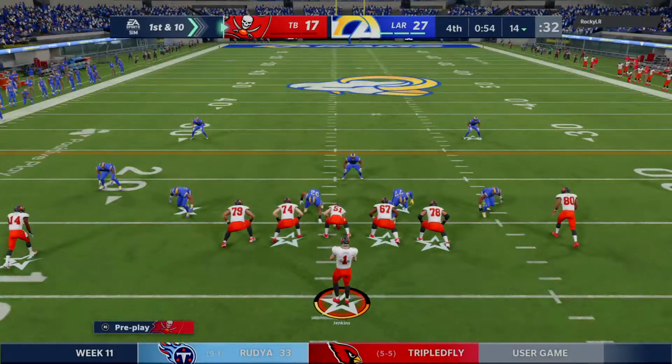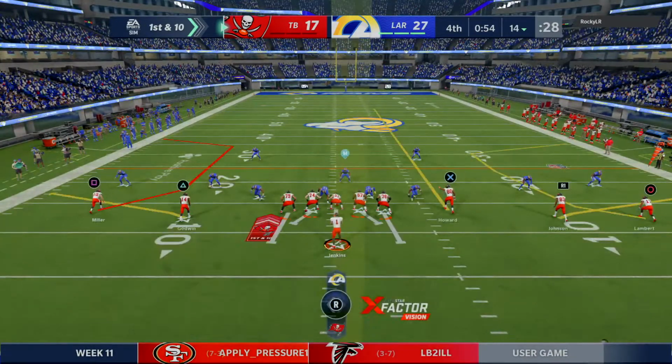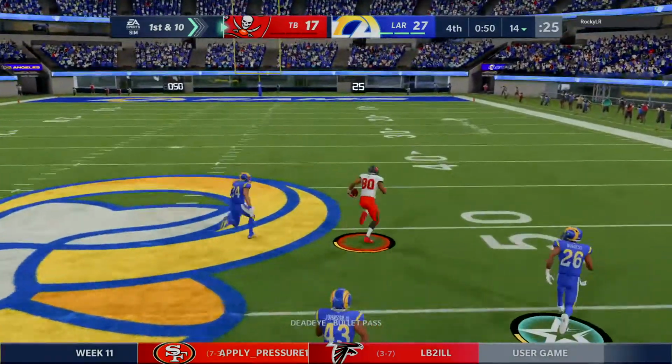The Bucs offense set to begin their next possession. They might be thinking this is close to a lost cause here. Got to play it out. What do they need to do? Well, they have a thought process in mind already, but they can't get ahead of themselves. It's a foot